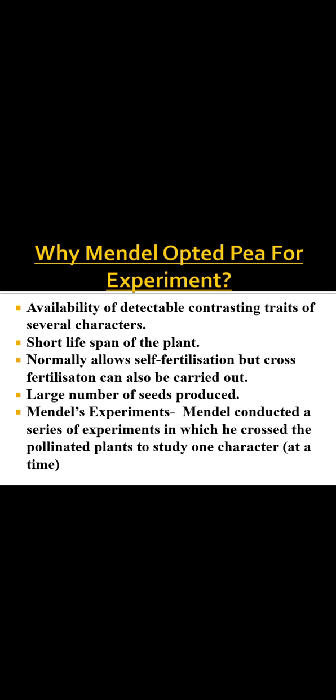So that is the duration of birth and death. Fine. So the pea plant has a very short lifespan, and normally allows self fertilization. Sometimes it undergoes cross fertilization; we can also do cross fertilization with plants. So majorly self fertilization can be seen, and cross fertilization also can be done.